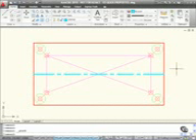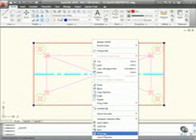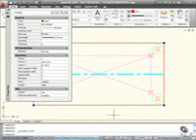Quick Properties is a very nice tool in later versions of AutoCAD. It saves you having to select an object like this, right-click, go down to Properties here and bring up the Properties palette like so. That's all well and good, and you can dock the Properties palette if you've got enough screen real estate. As you can see, with my resolution of 1024 by 768, I don't have a lot of